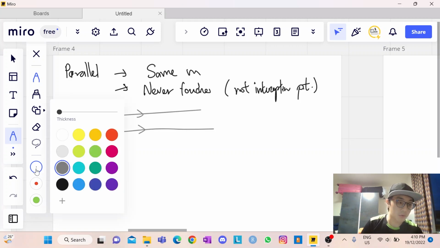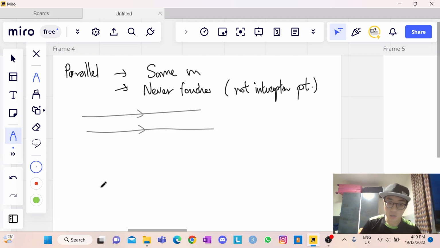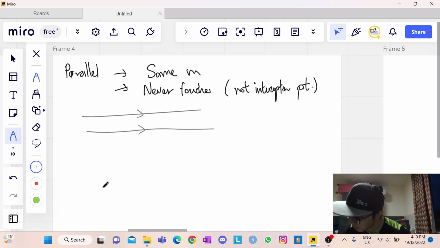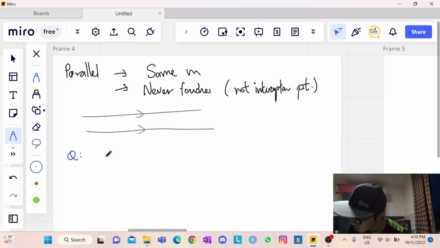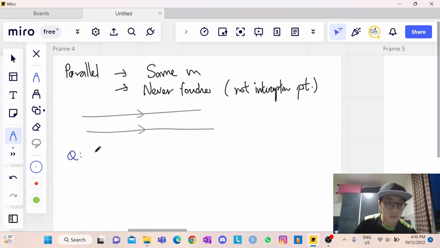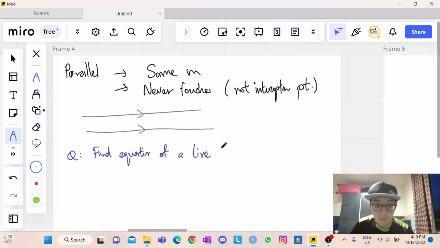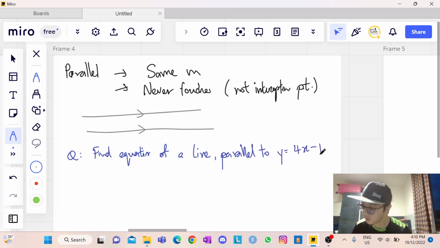Okay, so how do you look for an equation of a parallel line from a given line? From the syllabus content, I had taken the example that the question asks you: find the equation of line parallel to y equals 4x minus 1 that passes through,